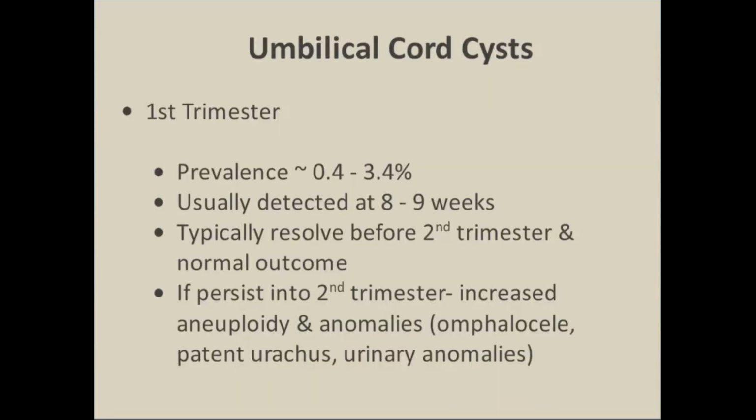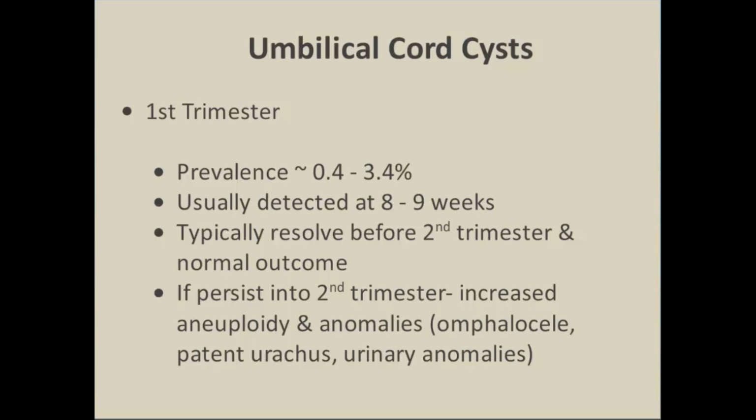Sometimes we'll see a cyst at the base of the cord. These are seen in anywhere from 0.4 to 3.4% of pregnancies. We usually see them at about 8 to 9 weeks gestation, and they typically resolve before the second trimester. And when they resolve before the second trimester, the outcome is typically normal. However, if they do persist, then the risk of aneuploidy and anomalies does increase, particularly anomalies such as omphalocele, patent